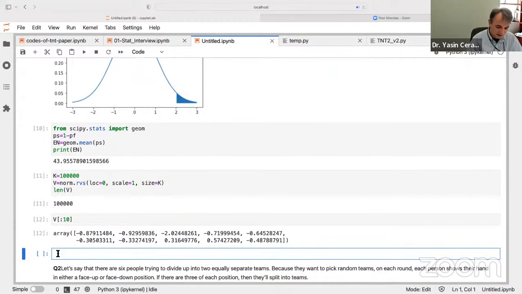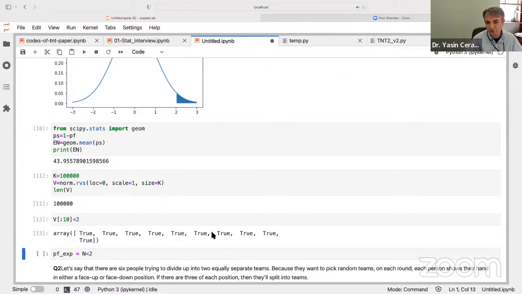So I'm going to call this probability of failure for the experiment. What I'm going to do is check any number less than 2. The moment I do this, n less than 2, it's going to give me, let me just show you how it's going to look. You see, it's giving me true. It's a Boolean variable, right? So I'm checking the first 10 numbers. If they're less than 2, it's going to be true. If they're greater than 2, it's going to be false.